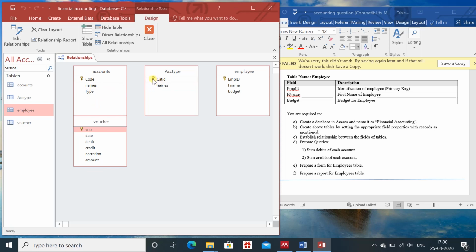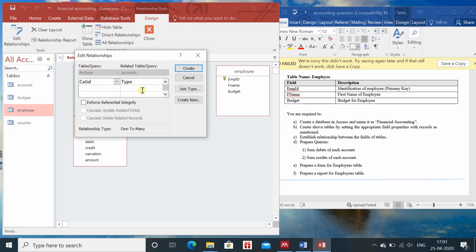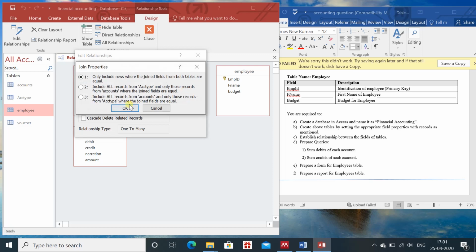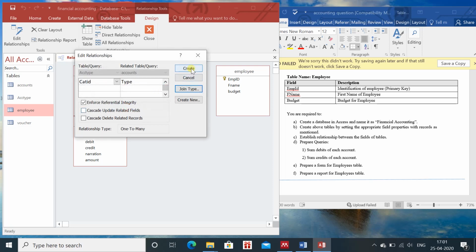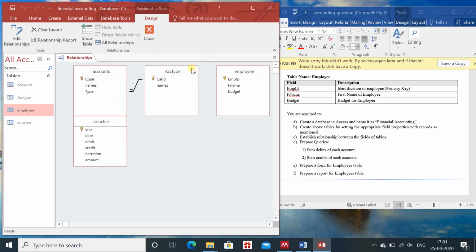So what we can do, we can create the relationship. You will click on that, you will drag till type. So they have opened one. We have also discussed this in the last video. Create. So we have created the one.